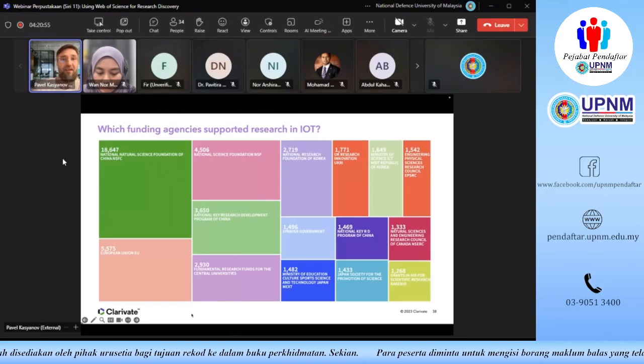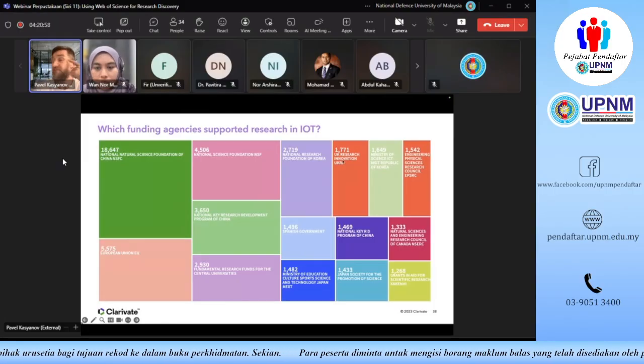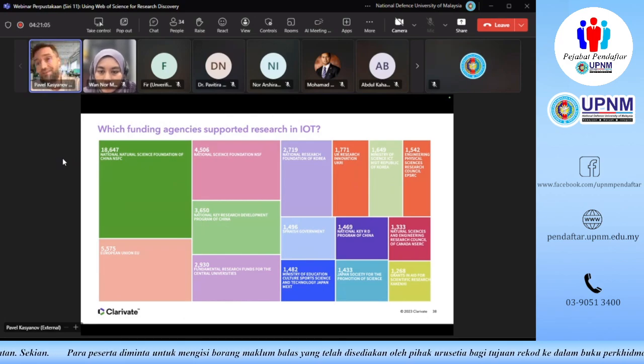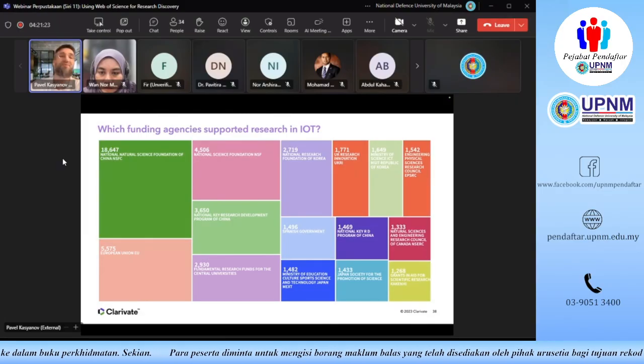What else can we do? We can also break the results down by funding agencies, and that will show us which funding agencies were supporting this research, once again, in our case, in the topic of IoT and Internet of Things. And we can read this data in case these agencies were funding this research previously. There are chances that they have open programs on their websites right now. So if you see any agency right on the top of the list, feel free to go to the website and check if they have open programs for the same topic right now.